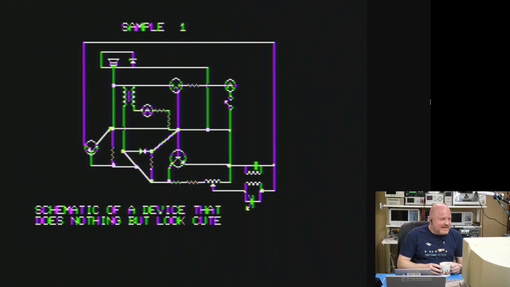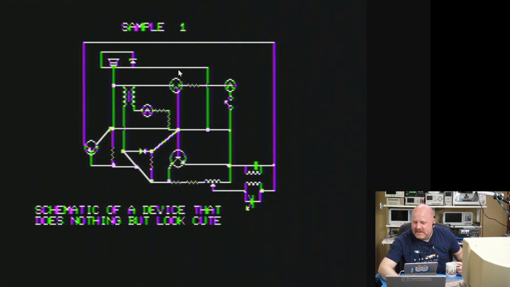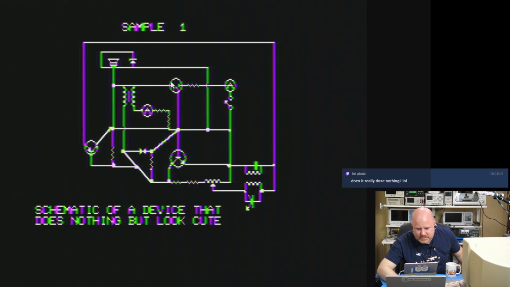Well, can we even tell what any of this stuff is? If I move my mouse, can you see that? Yeah, so this looks like a PNP transistor because I think that's an arrow pointing in. And then this might be an NPN. Excuse me. There's a switch. This is probably, wow. Okay, so on the